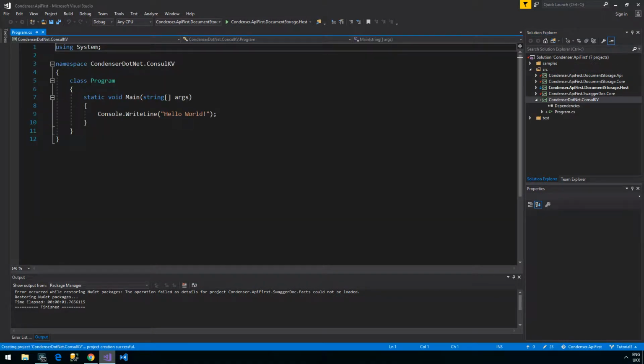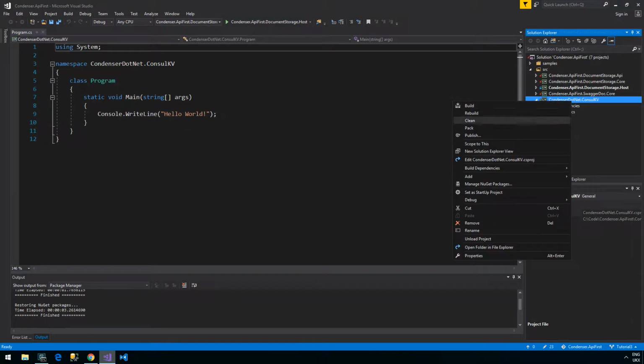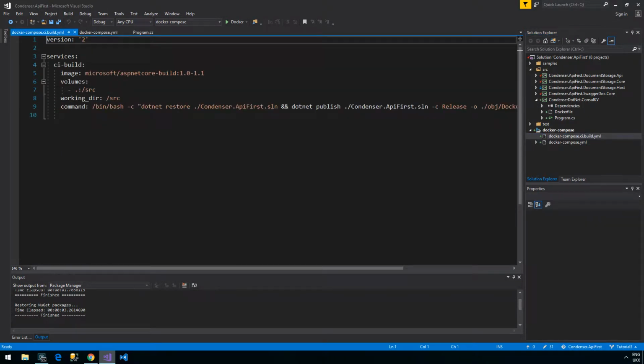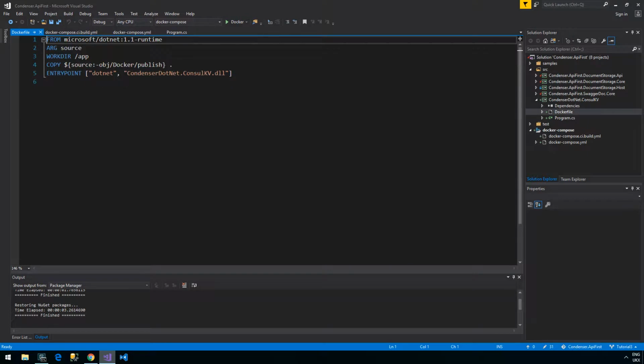Now we could use the Consul exe, but that means we'd have to drag an exe along with our repo. Or there are a number of other tools, but we're actually just going to make ourselves a little Docker-based console app in .NET. Shows you how to quickly make a Docker app here. Basically, you create a console app, you right-click on it, you say Add Docker. It makes you a set of YAML files down here in a Docker Compose file and a Docker file inside